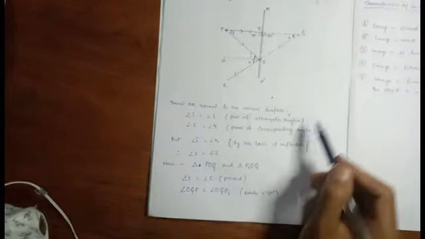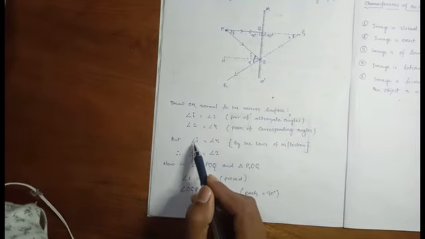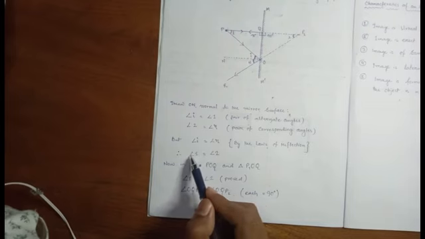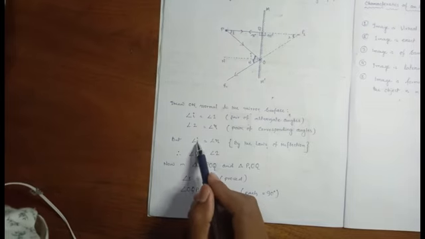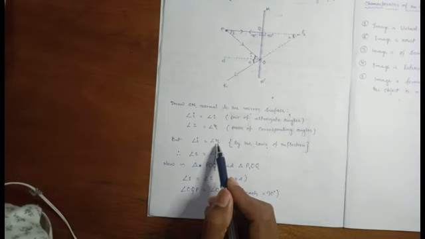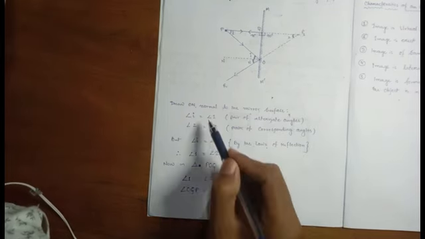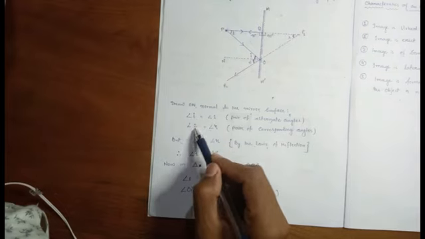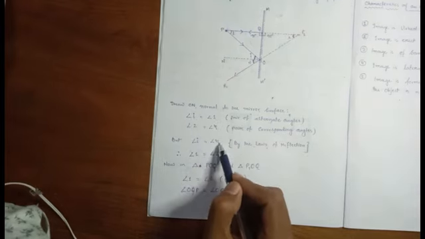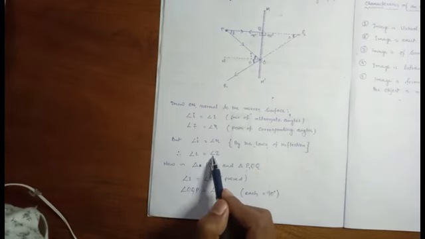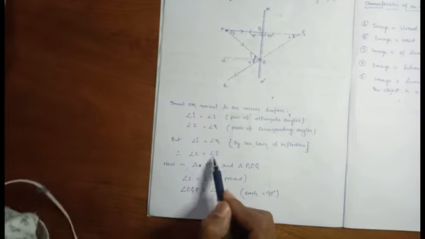equal to angle 2. Next, you know angle I is equal to angle R. Why? Because of the law of reflection. This angle I, the angle of incidence, is always equal to the angle of reflection by the first law of reflection. Therefore, you can see here angle I is equal to 1, angle 2 is equal to angle R, and I is equal to R. Therefore, angle 1 must be equal to angle 2.